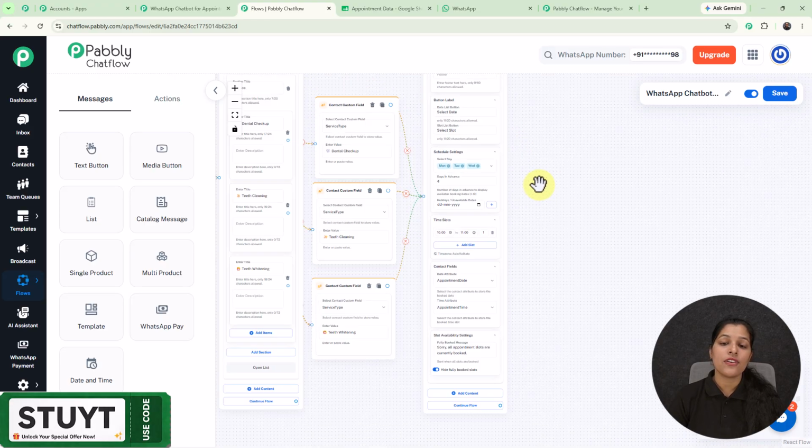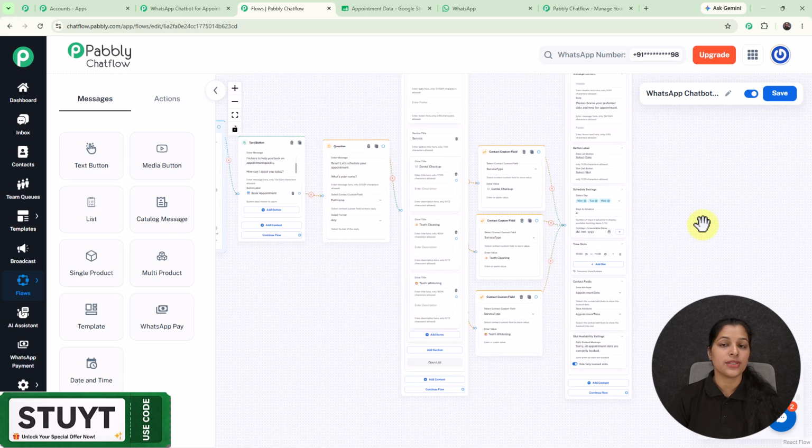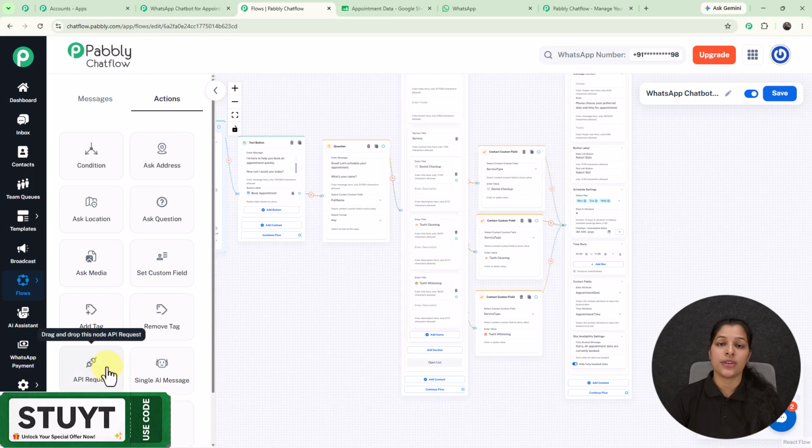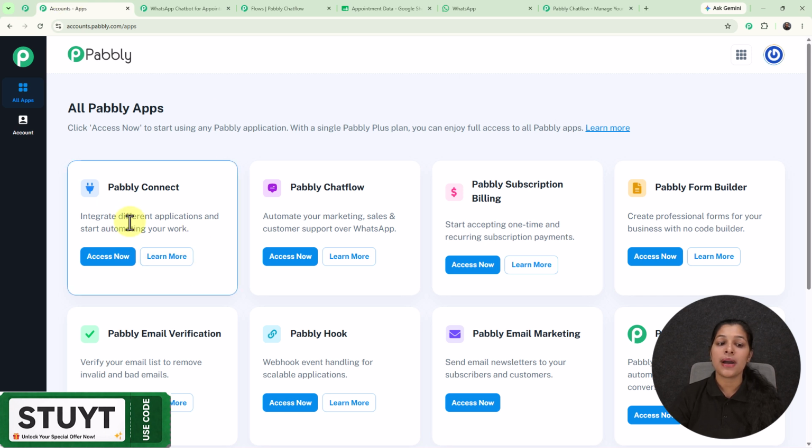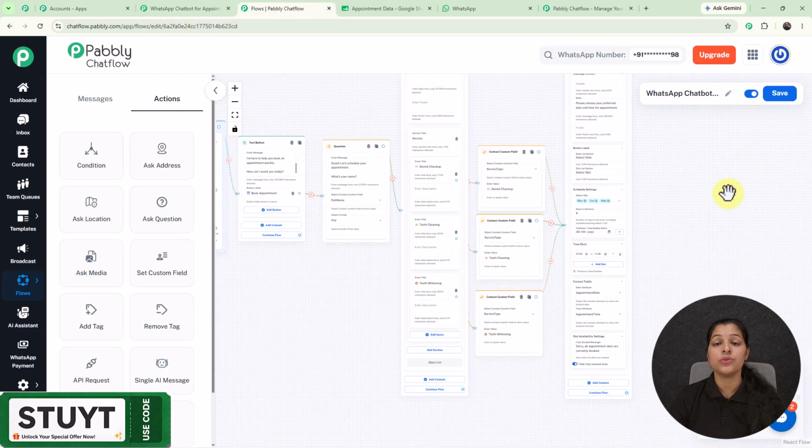Now I want to save all these data to my Google Sheet. And for that, I'm going to use this node, that is API request, by using which I'm going to integrate my this flow with the Pabbly Connect. So Pabbly Connect is an automation tool provided by Pabbly, by using which you can integrate varieties of application. So by using the Pabbly Connect, this time I'm going to integrate my this flow with the Google Sheet so that data can be saved,